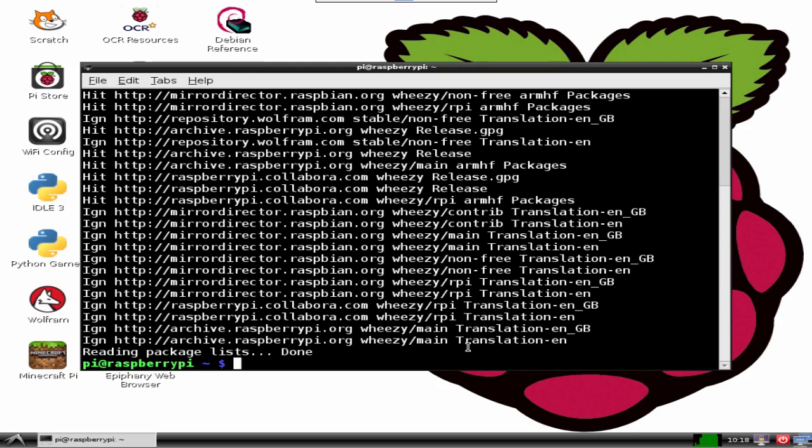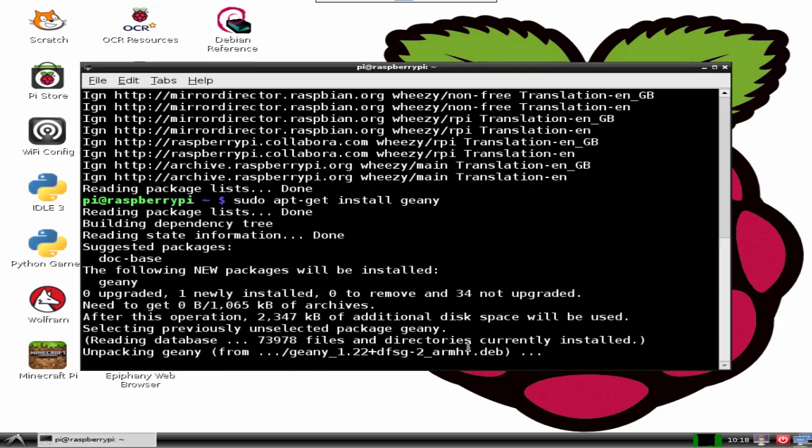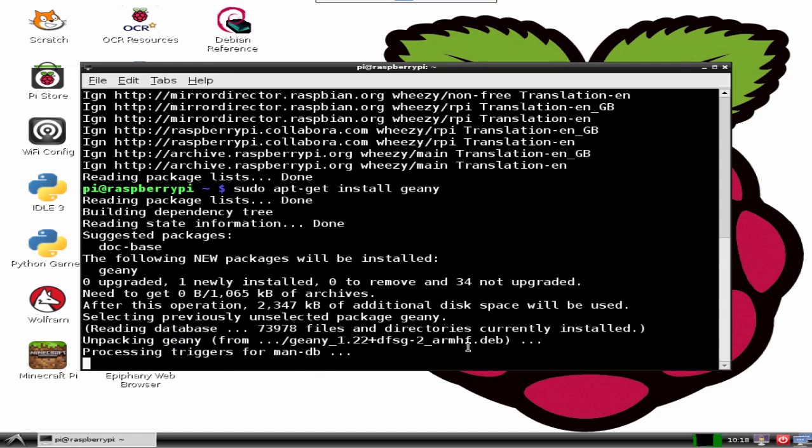To install a particular package, all you need to know is the package manager name for it. For example, to install Geany, an editor application, all you need to type is the following command: sudo apt-get install geany. Geany is the package name. It will take a while for everything that is needed to be downloaded and installed. But at the end of the process, you will find that you have a new folder in the start menu called Geany that contains the application Geany Editor.